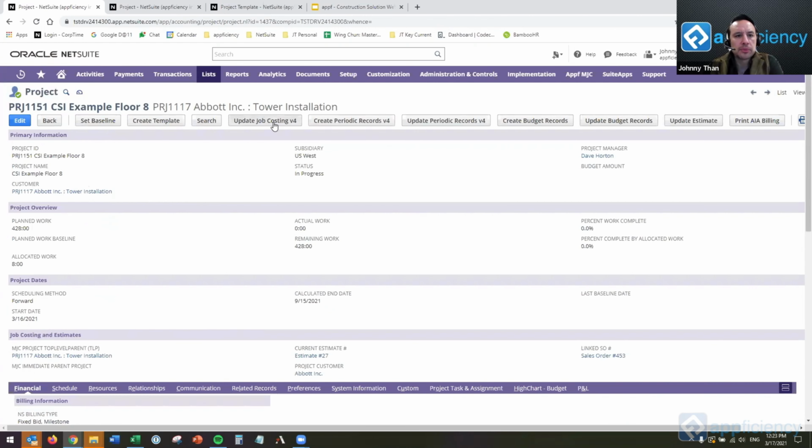So once you update your job costing, we'll get to see that run as well. And that should tell you exactly how the project is doing at the header level. And we can use that later for flat reporting as well. So all of these things provide a significant level of review